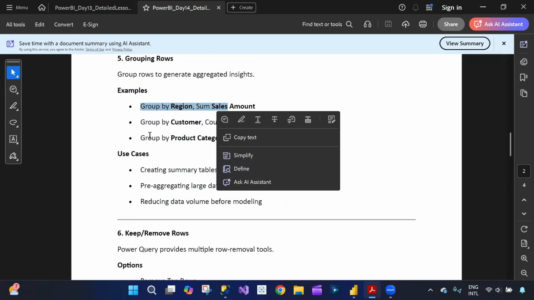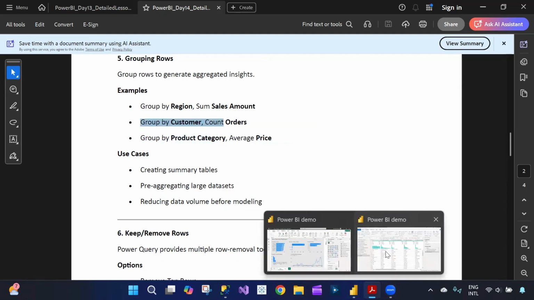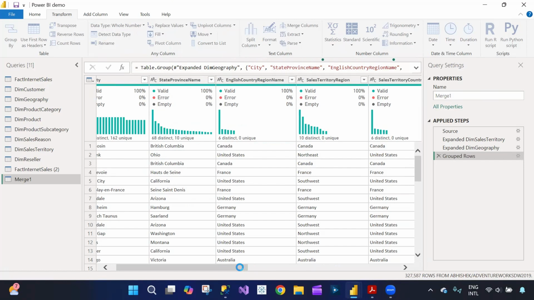So if you see, we have group by region, and we can group by customer as well in the backend. So those changes we can do. If you see now, a lot of rows are getting loaded. This is taking some time because it is coming from the database. Every time we are fetching the data in the backend, that's why, while creating all the schema or fact tables or dimension tables, there is a role of the data engineer who creates these tables. They make sure the performance